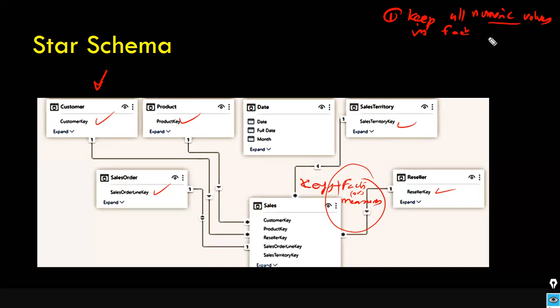So all the numeric business columns in the fact table, like sales and units sold, that I'm talking about. And keep all descriptive information and the surrogate key